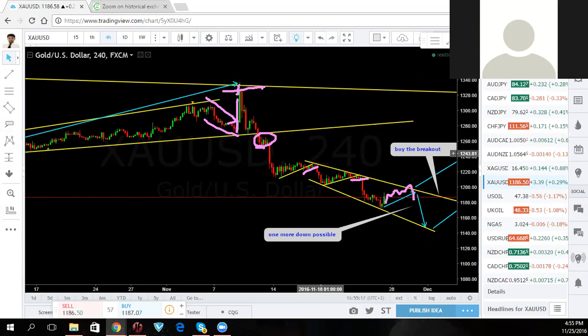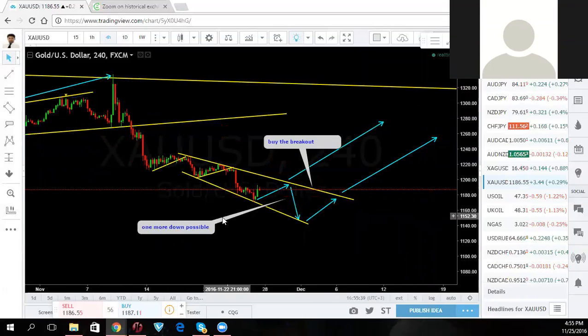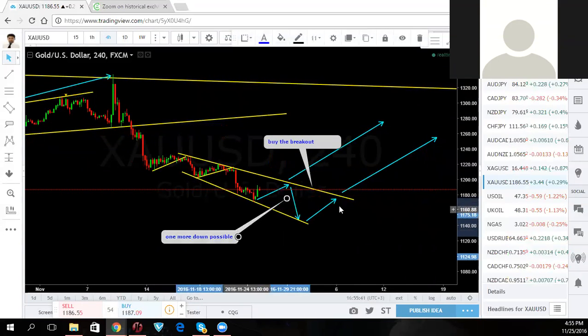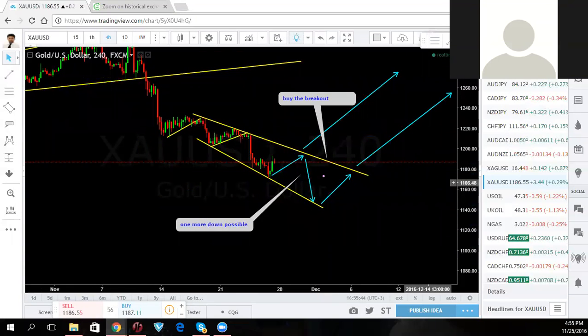Do you have another sell opportunity? It'll be right here again. What's going to happen after that? This may be the last one down, and then this structure is going to end itself. Now, what could happen to this structure? This is the structure I'm looking for. 1, 2, 3, 4, 5, and then up.